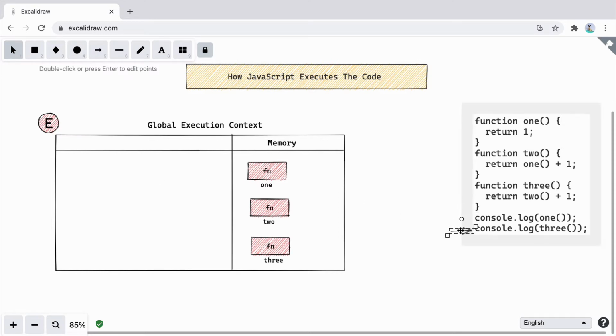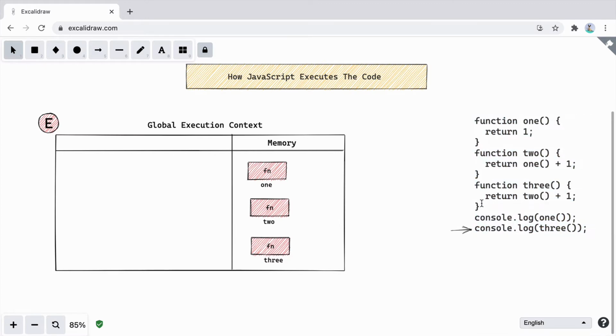In the next line, we are calling function 3. And whenever you call function 3, as you can see here, it is calling another function 2. And when you're calling 2, it is calling another function, that is 1. And at last, 1 will be called. So here, if you look at it, inside one function, we are calling another. Inside another, we are calling another function, and it keeps going on. So managing this becomes a bit of a task. And that is where the call stack comes into play.